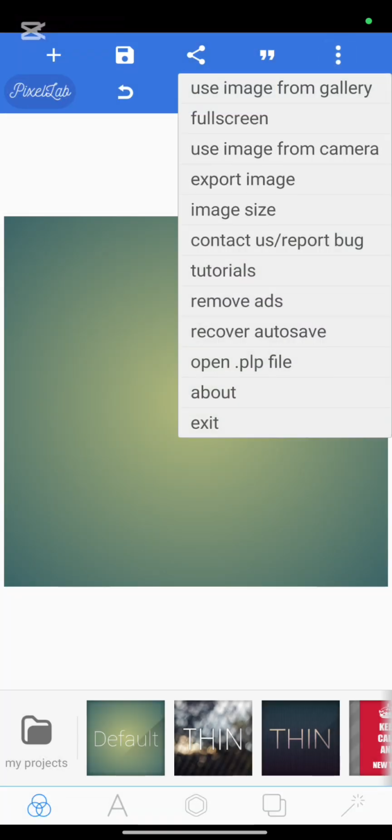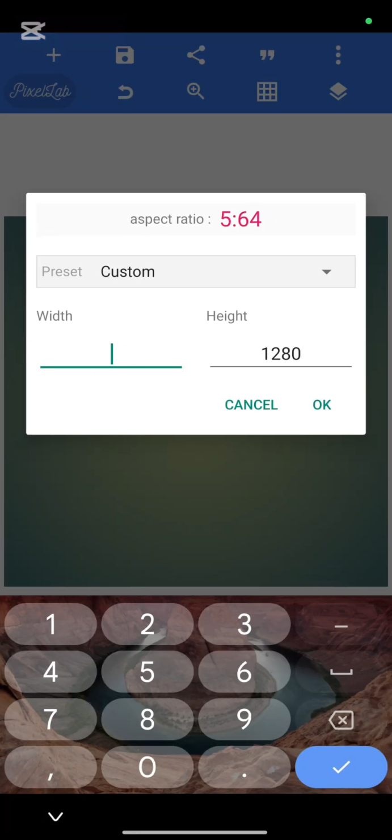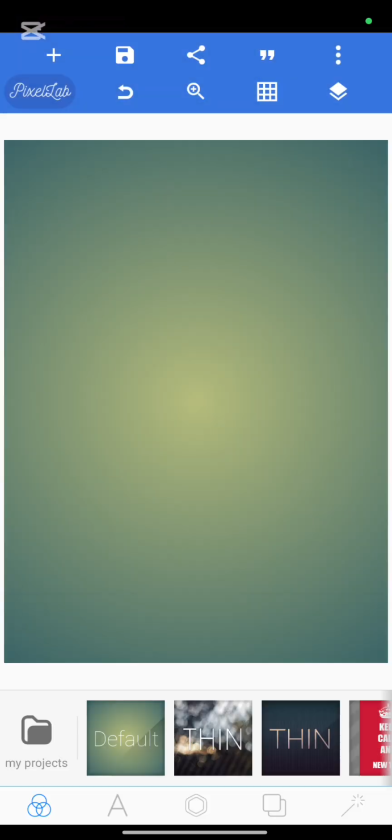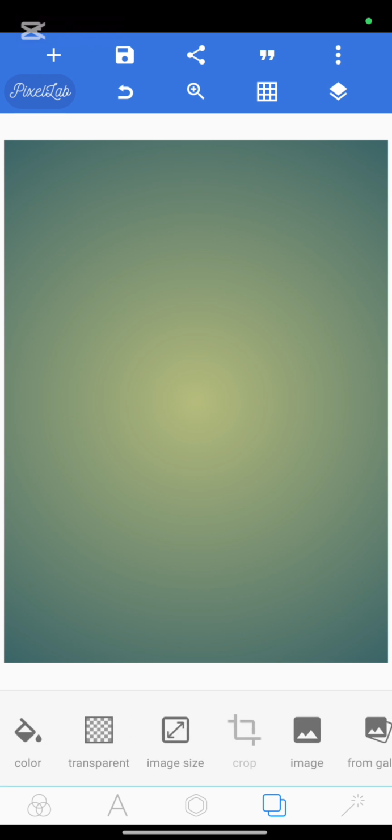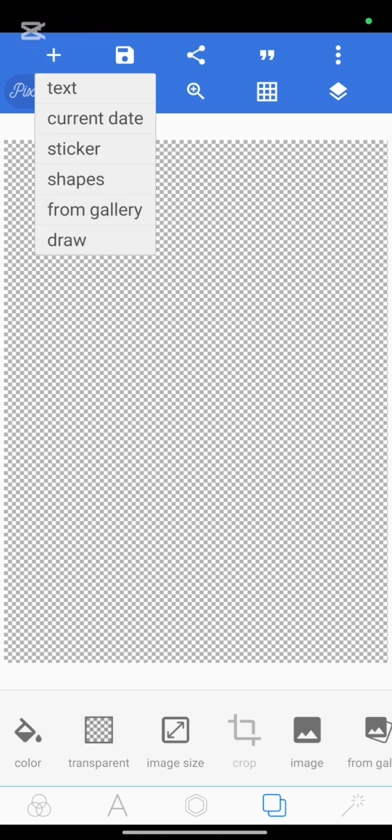So first of all, you have to go on image size by pressing those three dots on the top, and you have to make it A4. So the default size is 906. You leave the width at 906 and the height at 1280, sorry. So the second thing you're going to do is make the background transparent by clicking these two tabs